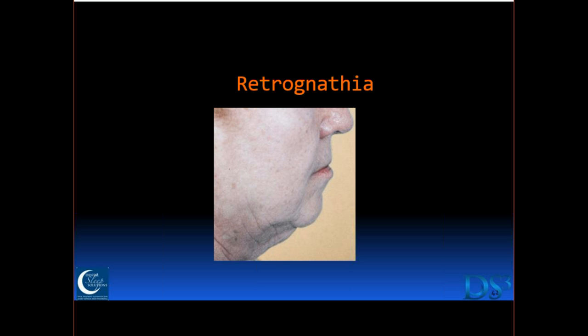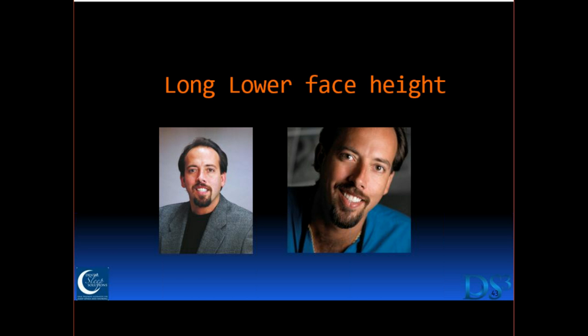But can you see how this may affect the airway? People who look like this, who have retrognathic profiles, are much more prone to having collapsible airways. And so we as dentists can see this, and boom, there's another red flag. Do you know any other red flags of people that you're close to, Rich? How about this guy? The opposite is true when we look at that mandibular plane angle and the long lower face height and things like that. So these are things we look at.